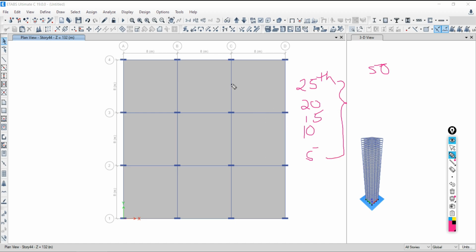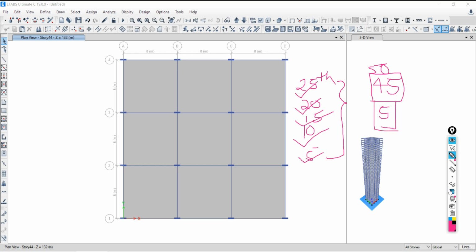The rest are not the same. Are you getting my condition? Yes, sir. The 5th, 10th, 15th, 20th and 25th, these 5 floors are similar. The other 45 are different, and 5 are similar.